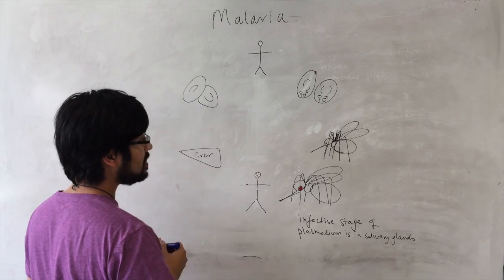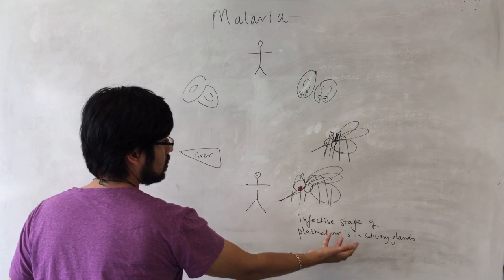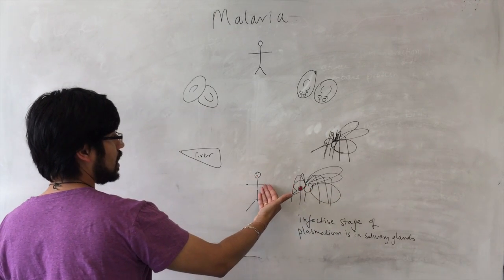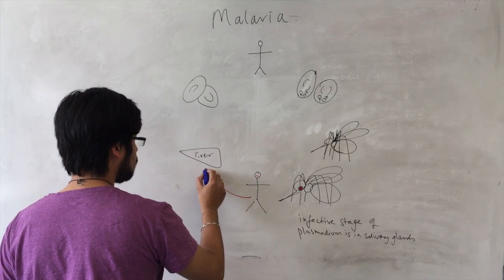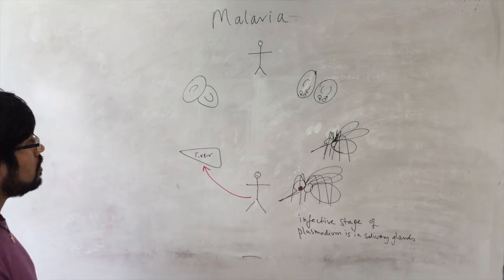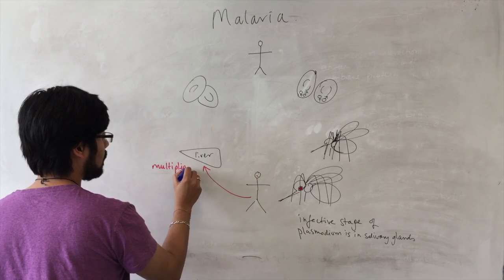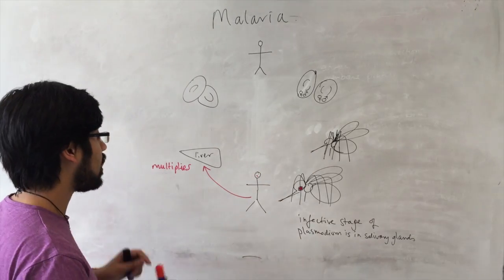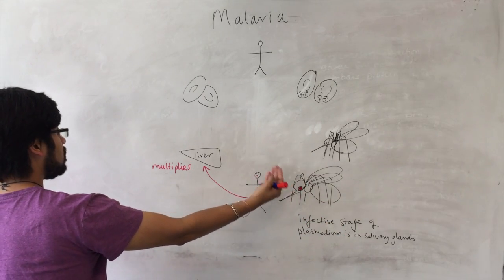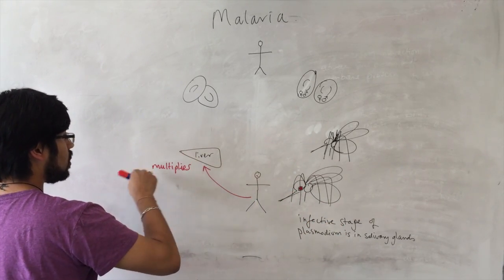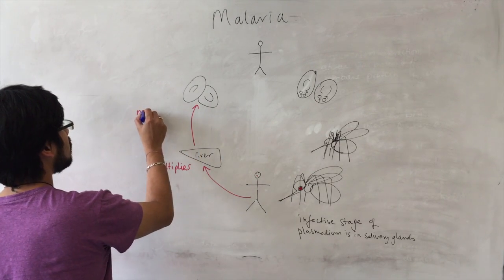So now this person is infected, right? So, infective stage of the Plasmodium from salivary glands into the blood of this person. From the blood, it will then go to the liver, okay, where it multiplies. And I'm just giving you the essentials here, so I suggest that you make a note of this. So infective stage from the salivary glands into the blood to the liver, multiplies, and from there migrates